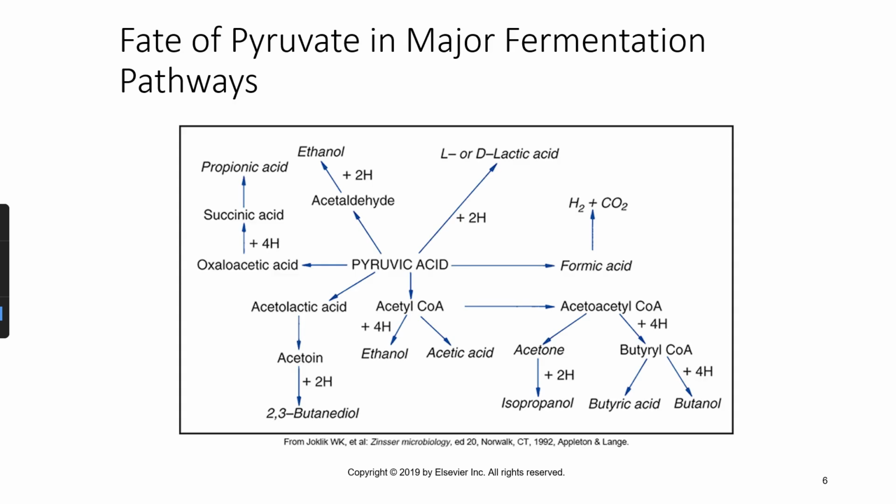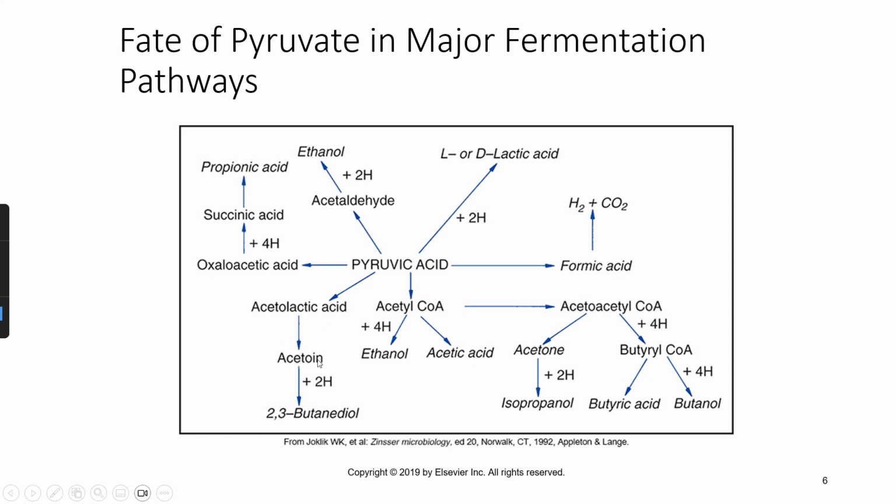So again, glucose gets brought into the cell. Glucose is broken down through the process of glycolysis. It's a 10-step process that ends in pyruvate, or 2 molecules of pyruvate. Pyruvate can then be further metabolized. So pyruvate, or pyruvic acid, can be converted to acetyl-CoA and then ethanol and acetic acid,